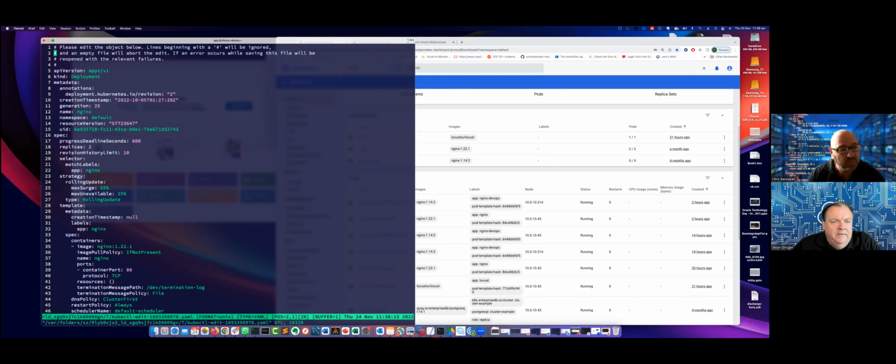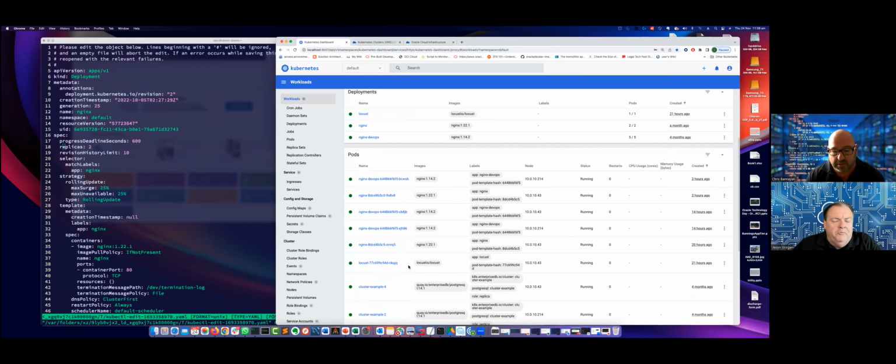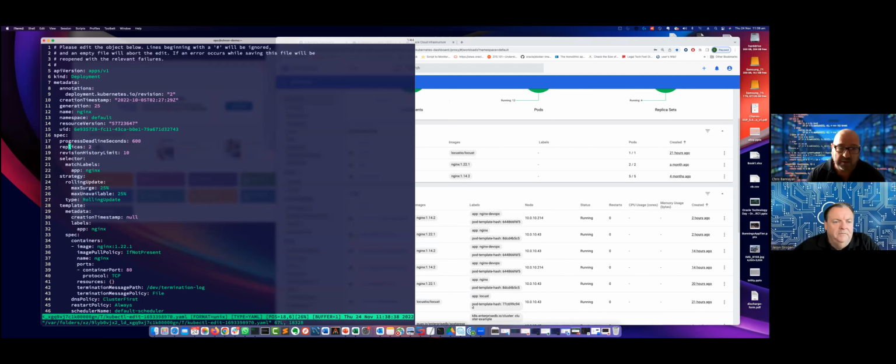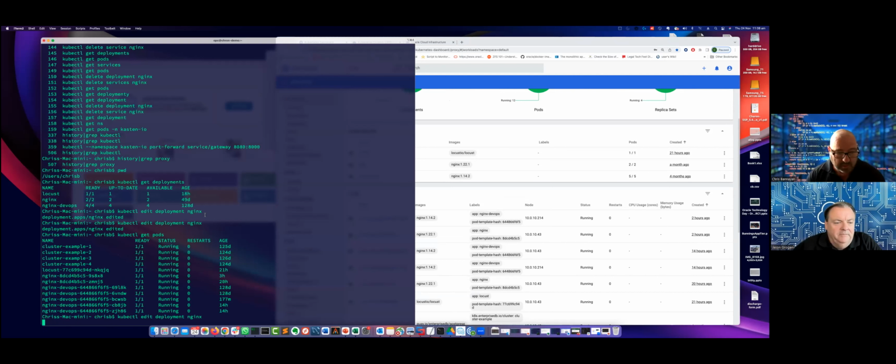Now I'm in YAML, and this is the Nginx deployment that's running inside the cluster. You can see that I've got 2 replicas running. People who do Kubernetes would be familiar with all this. I've got Nginx here, which is 1, and this is the second pod. So I can update this on the fly. This is where the power of Kubernetes, microservices, and containers all come into place, running inside of OKE. I can scale this now from 2 pods, 2 containers, to 20 pods. Wow. Okay. On the fly.